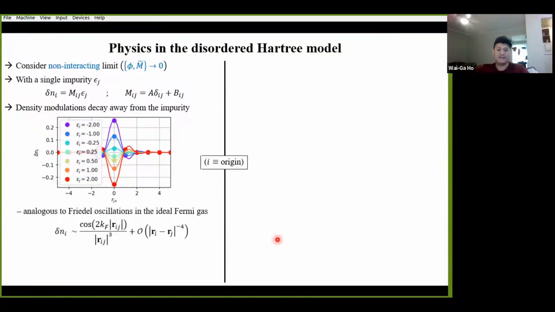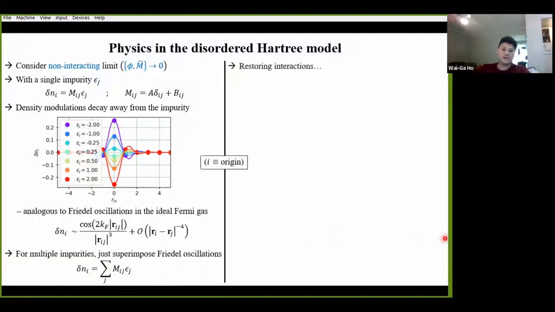Right? So these are actually analogous to the so-called Friedel oscillations that are generated around a single impurity in an ideal Fermi gas. And in this related problem, the density corrections usually oscillate at twice the Fermi wave vector while decaying as an inverse cube. All right, so now we have these Friedel oscillations in the single impurity example, but the generalization to many impurities is pretty straightforward. Each impurity defect, therefore, is generating its own Friedel oscillations, and these effects are additive in our theory, since we're just restoring the sum over J in order to add up all their contributions and build the local charge correction.